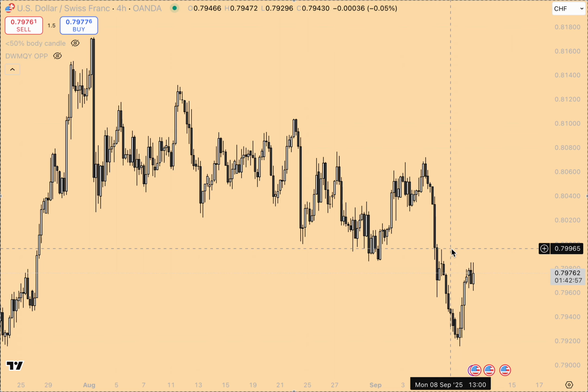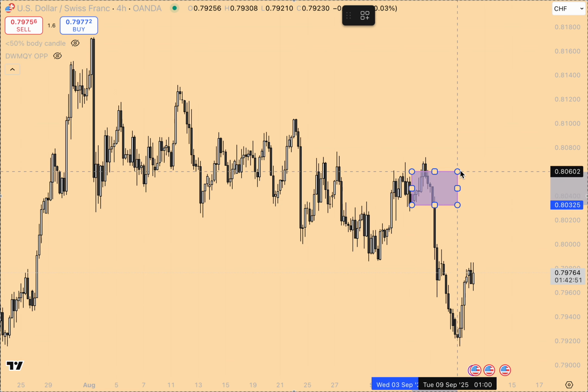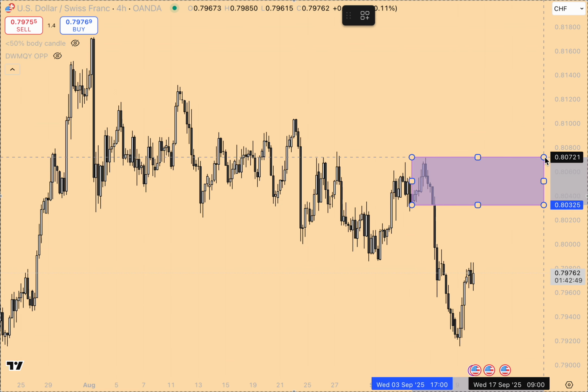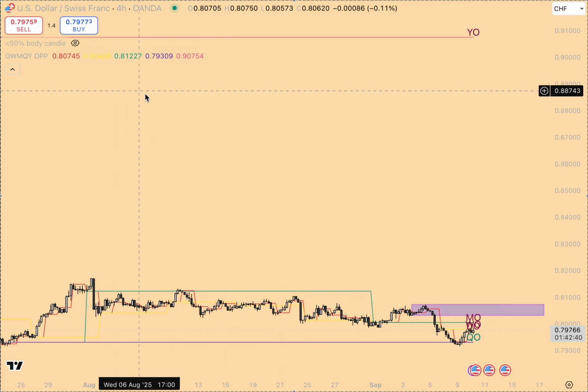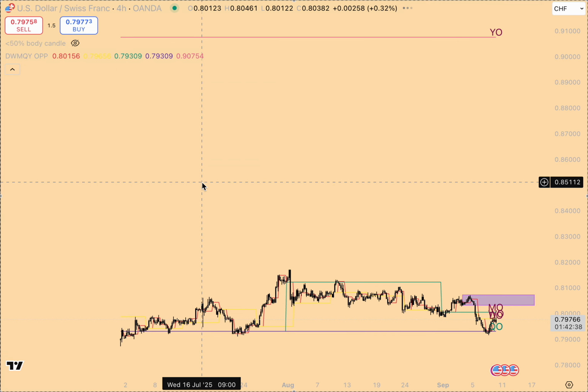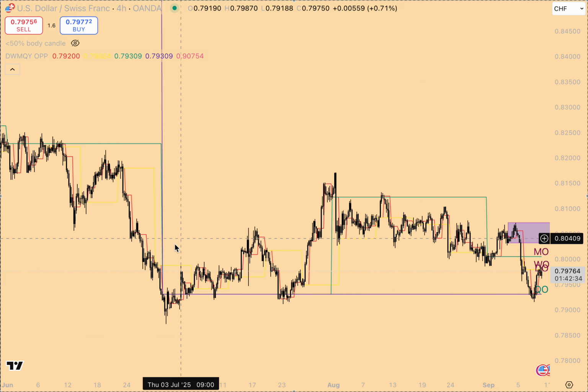So I would wait, maybe we grab this liquidity and then look at this sweet supply zone right here, which also took out this liquidity here to the left, right? So once we have that,